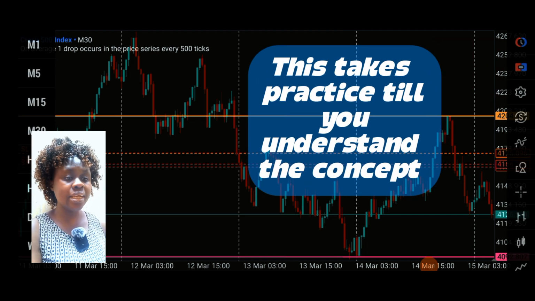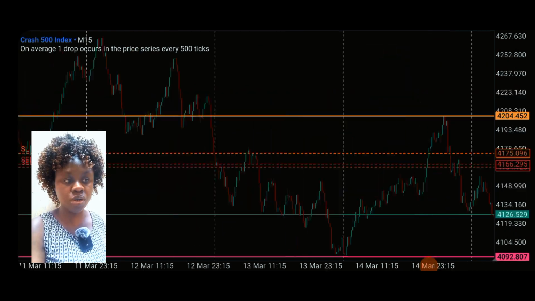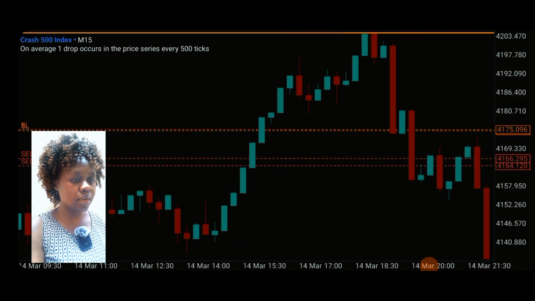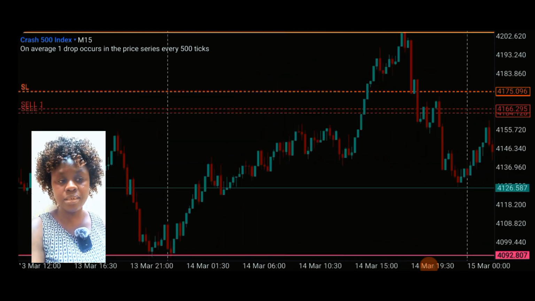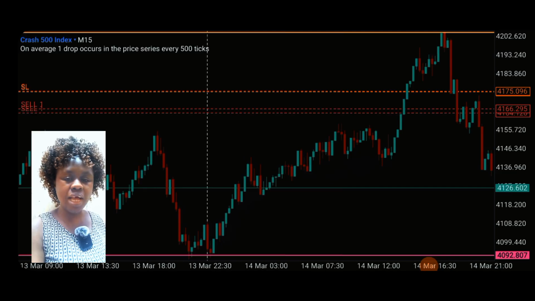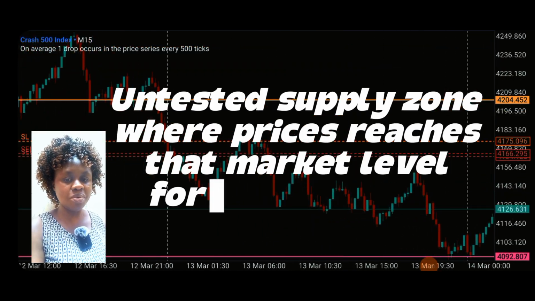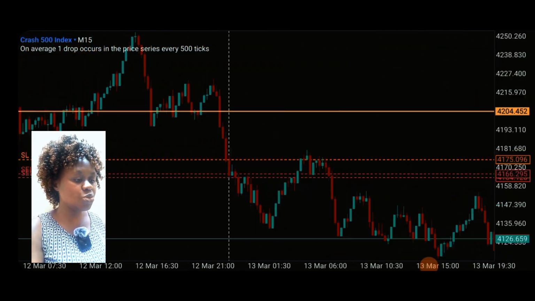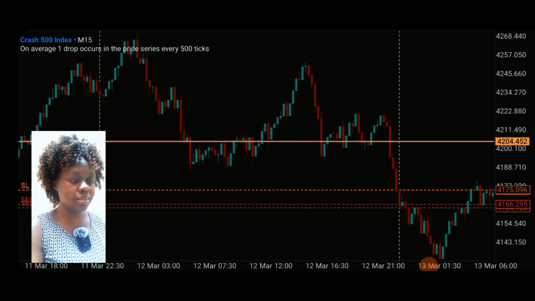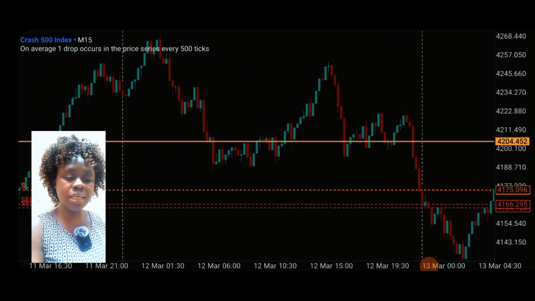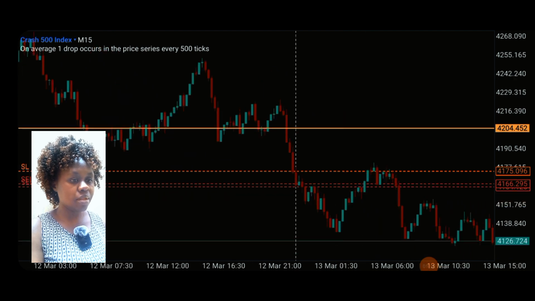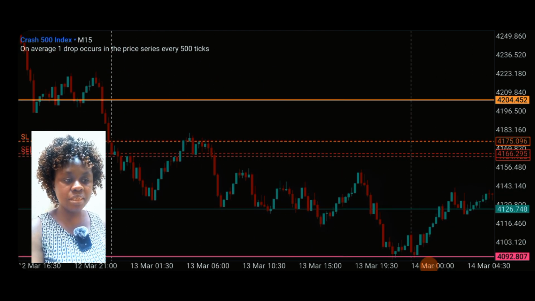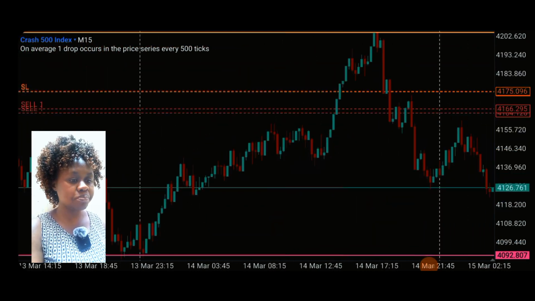This will be an untested supply zone if you are selling. If you are buying, that will be an untested demand zone. But I always sell, I never buy. So that will be an untested supply zone. As you can see there, that's where price gravitated to. It compressed,